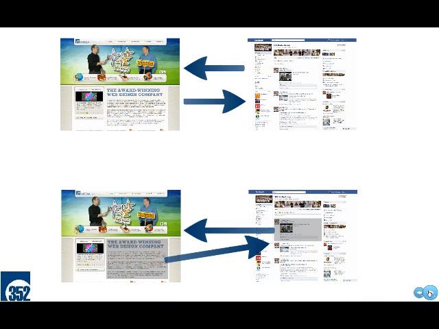The ideal scenario should look a little bit more like what you see here in a second, where we have pieces of content, rather, moving back and forth, so that when I'm on your website, I'm seeing that information from Facebook, from Twitter, from whatever social media service you're using. And likewise, when I'm on your Facebook page, I'm seeing content that's pulling in from your website.